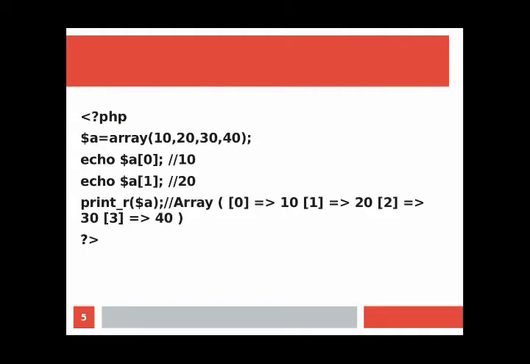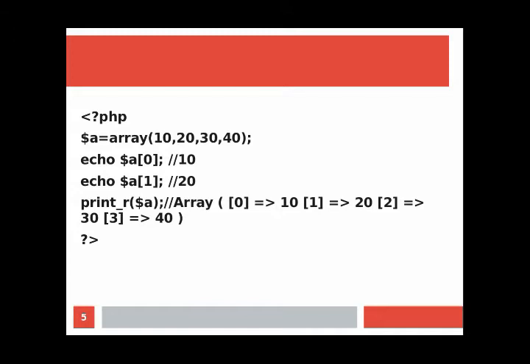So we'll see one program here. Again you will get a clear idea regarding the index array. Here is the PHP program, which starts with less than question mark PHP. Here $a, you are aware that it is a variable. So here $a is an array variable. $a = array(10, 20, 30, 40). So here we have taken $a as an array.